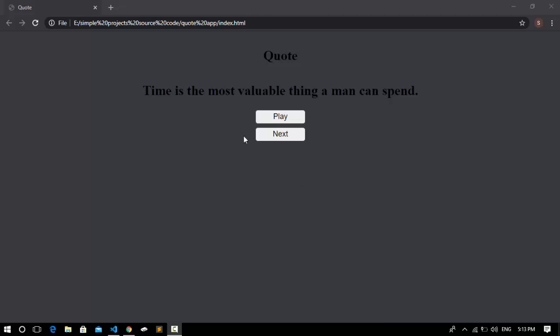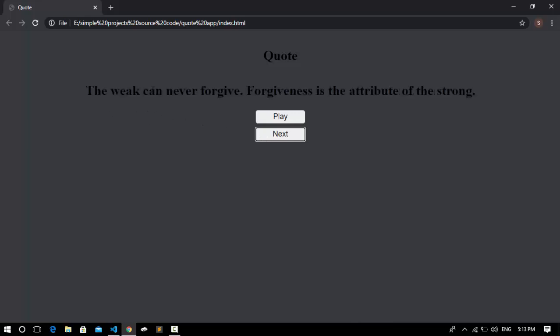So in this tutorial, we're going to create this awesome quote app using JavaScript. As you see here, whenever I open up this project, it's going to fetch a random quote for us and paste it down here, and it's going to be fetched randomly. So if you want to get another quote, you can click on the next button, and it's going to get another quote for you. As you see here, it fetched another quote for us. And the most fun part of this application for me is that whenever you click on a play button, it's